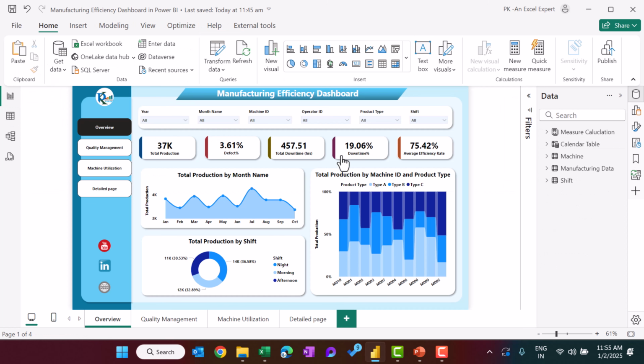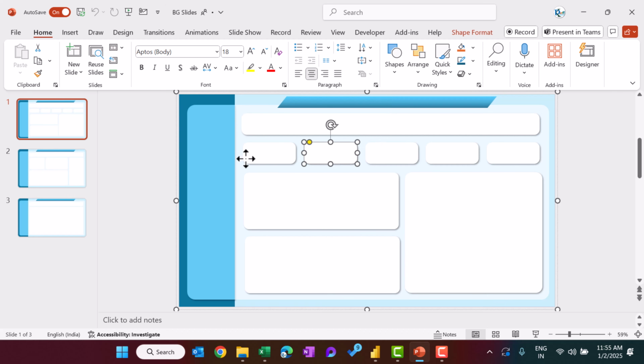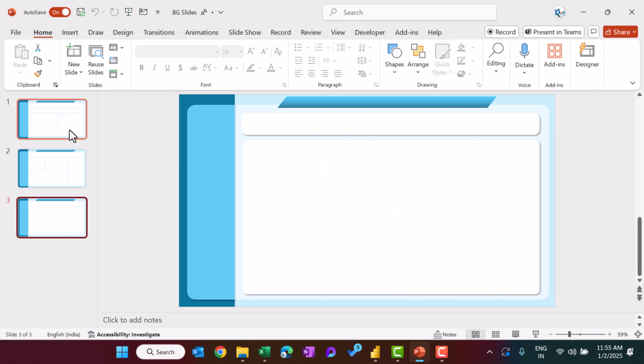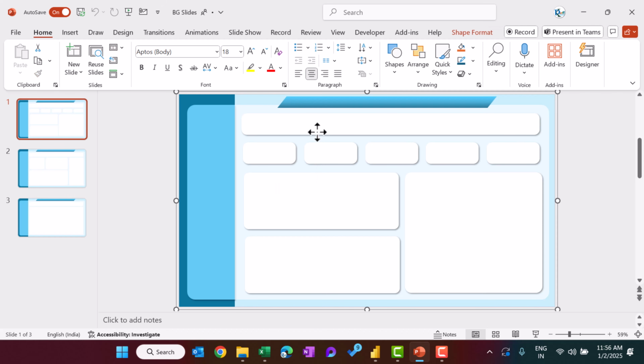Once we have all measures available, then we have created this visualization. To create this beautiful background, we have used PowerPoint. In PowerPoint, first we have designed this view. These are the rectangles, the small rectangles, and this is some other shape. We design the other pages also. Once we design all pages, we make it a group, and then we save this file,